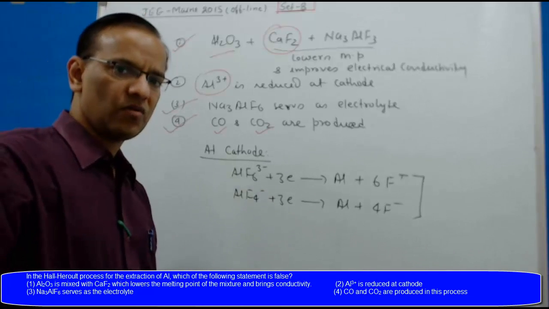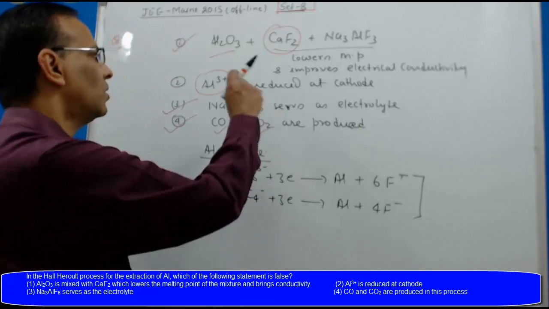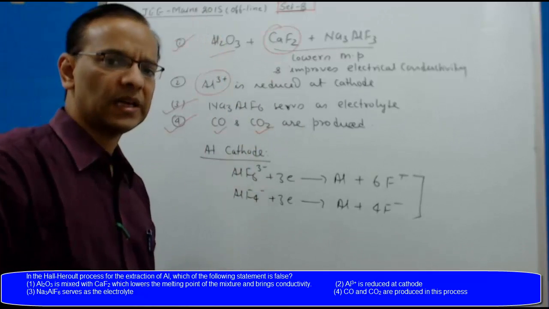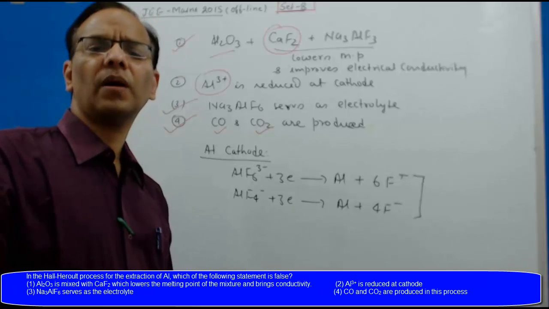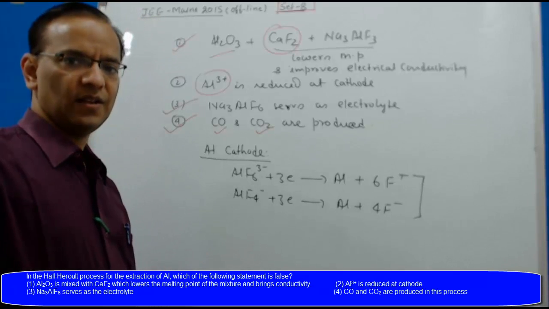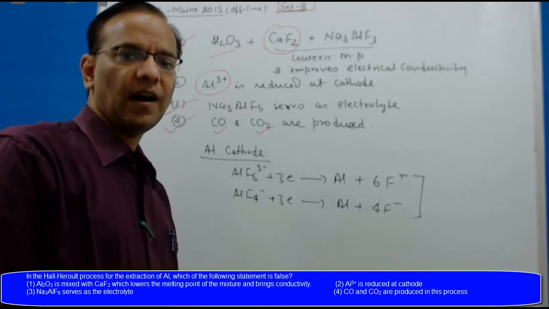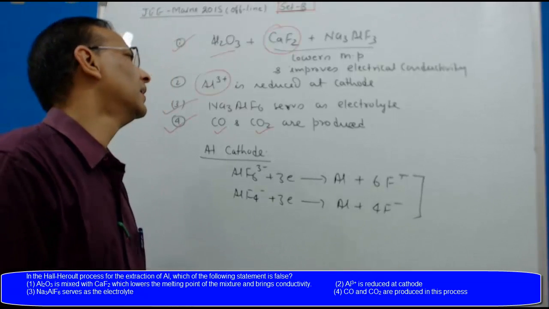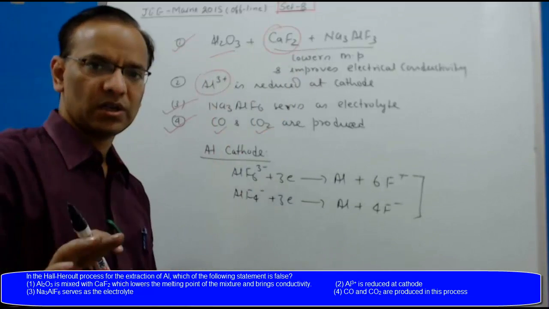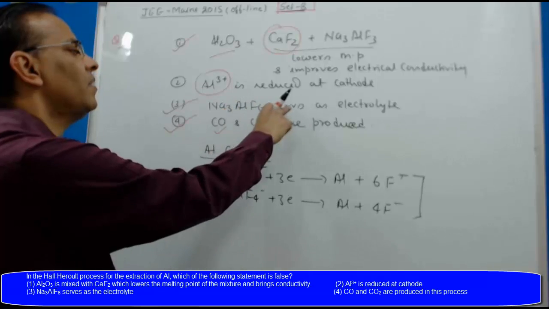And in electrochemistry, we know that we cannot say the reduction of this and the reduction of aluminium 3+ are the same. They are different electrochemical processes, different electrode reactions. So according to me and according to the world, this would have been the answer, that this is reduced at cathode is a wrong statement, but the JEE Mains official